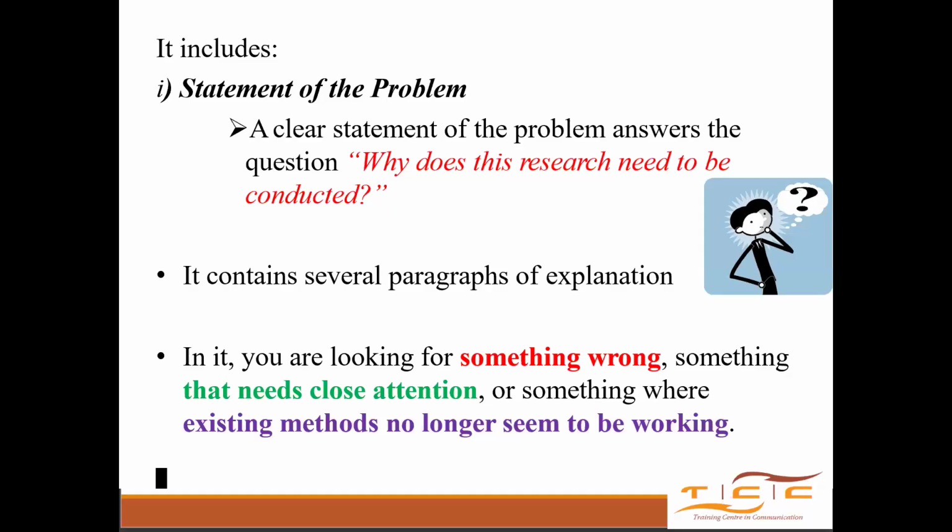So before I forget, when I read your objectives, I want to see them highlighted in your statement of the problem. Okay? Because if I don't see them in your statement of the problem, then I will ask you, where did these objectives come from? Where are you picking these objectives from? Because I'm not seeing them in your background anywhere. I'm not seeing them anywhere in your statement of the problem. So I don't understand how they are relevant in your proposal.